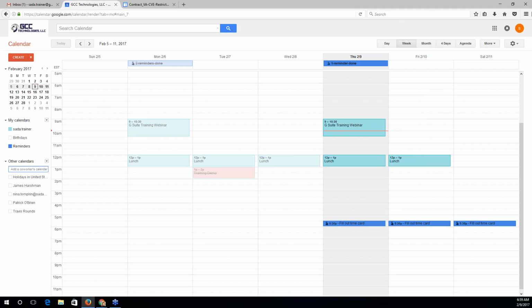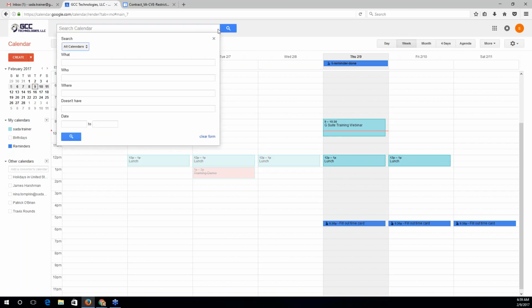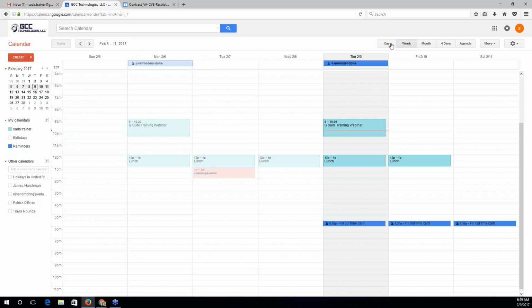Just to continue on, so again, in this navigation, you have the option to hit the Create Event button, but there are more ways to do that, and I'll be demoing those to you in just a minute. At the top of your calendar, you have a search bar. Just like in Gmail, you have a drop-down option in that search bar for advanced search settings. You have different views for your calendar if you'd like.